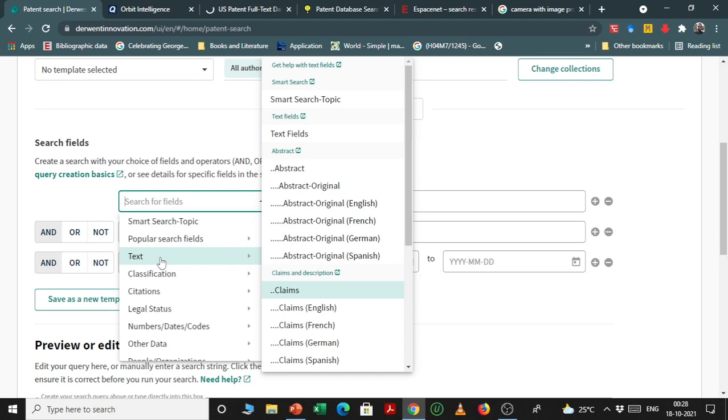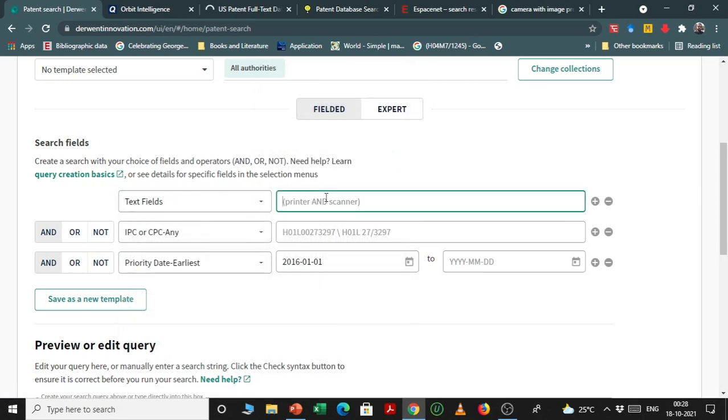So let's see. I have selected all of the text field. Then you can put the date restriction here.